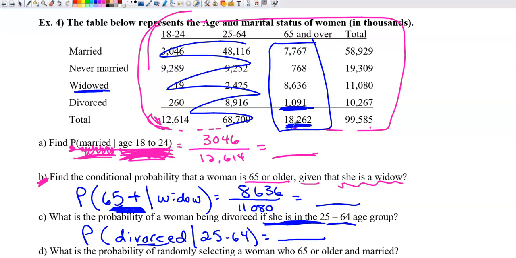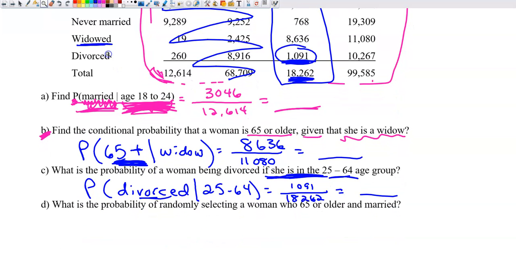Oops. Sorry, my denominator was the 18,262. My numerator was the 1,091. And that's the probability of a woman being divorced if I know that she's in the 25 to 64 age group. Sorry. Lastly,